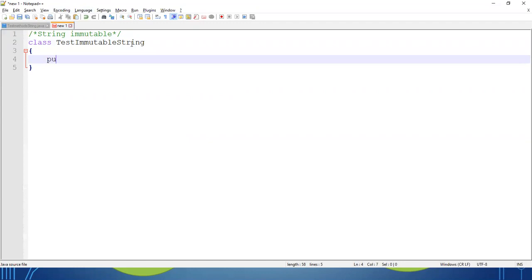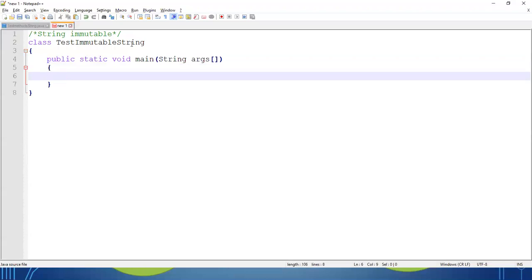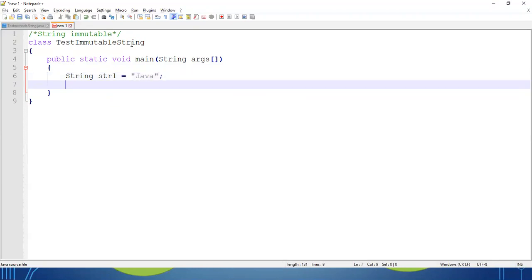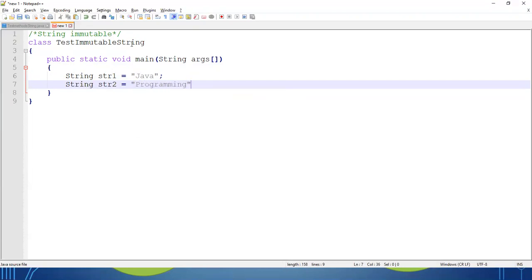So the main method. Suppose my first string str1 equal to Java, and the second string str2 equal to programming.